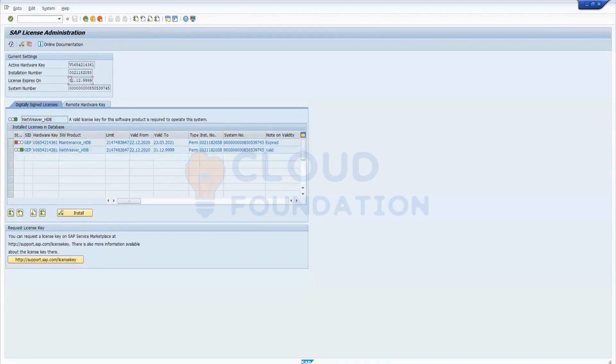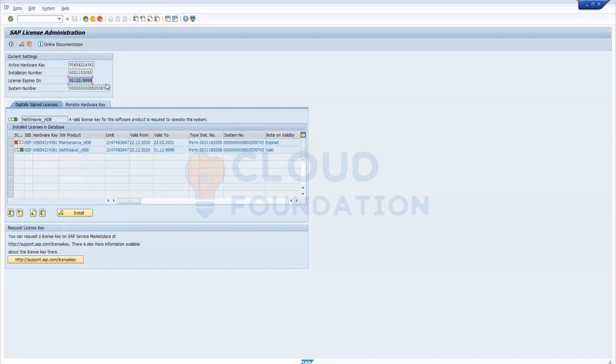This is your main product license. Your product license keys are applied, and your product is valid till 9999, but you cannot apply the support packs. For support pack application, we have two types of license: one is the product license, another is the maintenance certificate. In your landscape, they have not applied the maintenance certificate because they are not going to apply the support packs in the system. With that, they cannot apply the support pack, but this is also recommended.